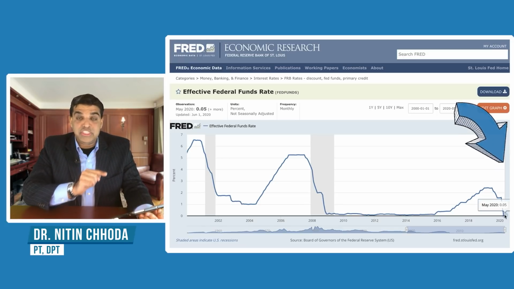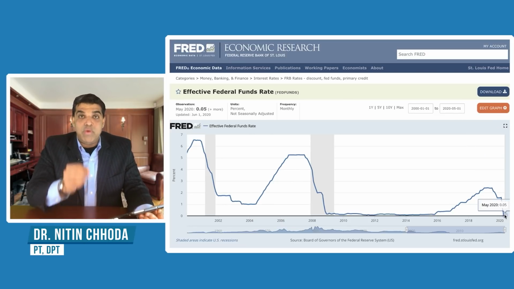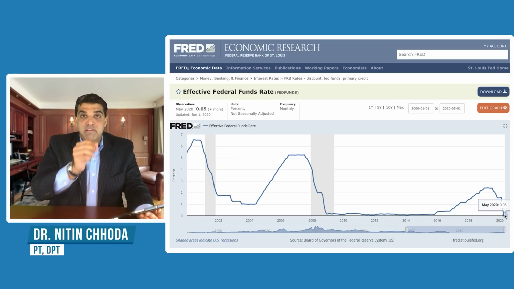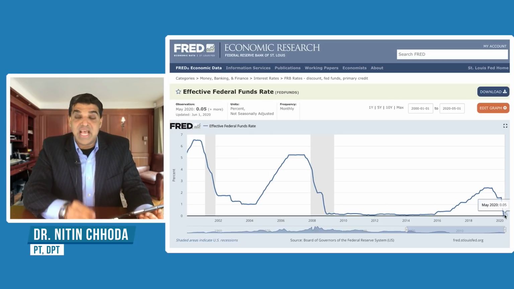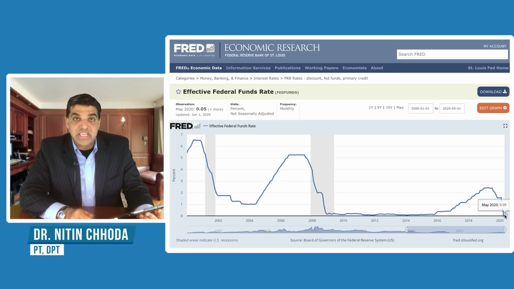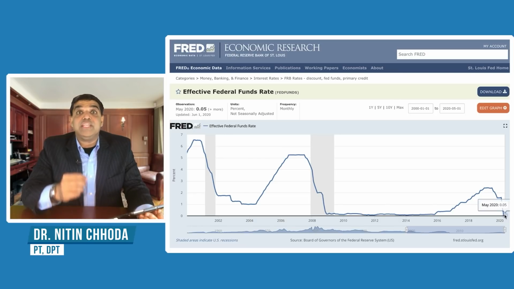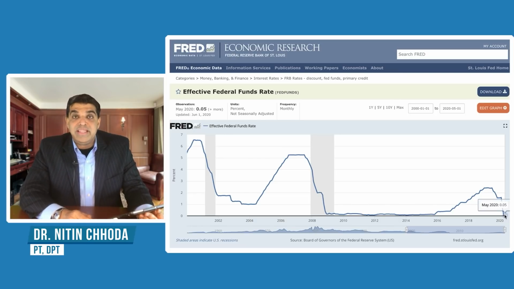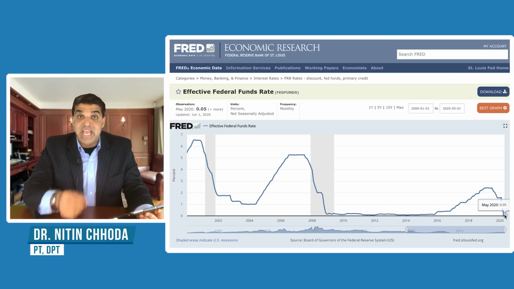And if you look at what history is showing us, whenever the economy takes a big hit, the federal funds rate is dramatically reduced. And as the economy starts to recover, the federal funds rate is gradually raised again. Because when you lower the federal funds rate, you make it cheaper to borrow, and that's when more individuals are more likely to borrow, and banks will lend the money as long as they